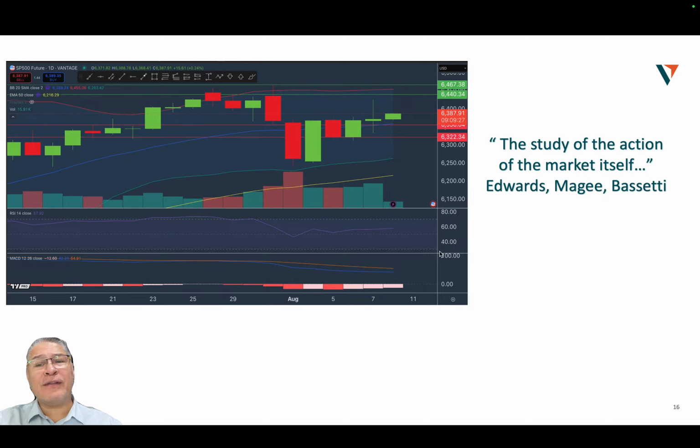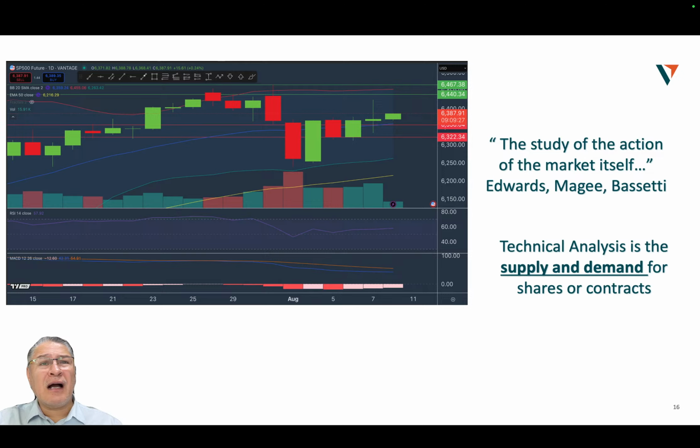I love that definition because it's quite broad, and hopefully throughout today's session you'll understand just how broad it is and the depth of study that you'll go through. We also know that technical analysis is a study of the supply and demand relationship. We care a lot about the behavior and the psychology of investors, which is one of the hardest things to quantify when you are thinking about an investment decision. And I'll argue that it is all represented in this beautiful little element called price.